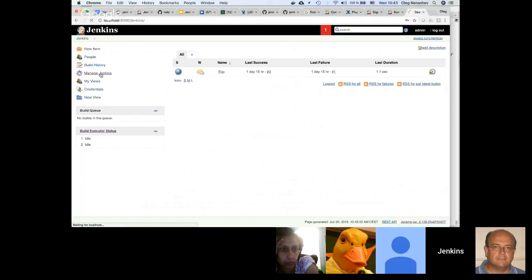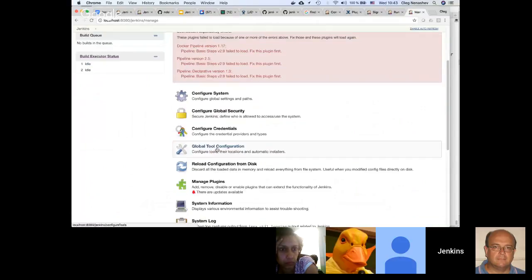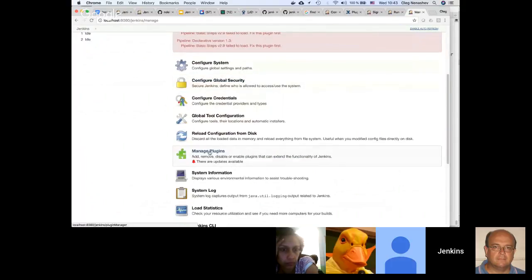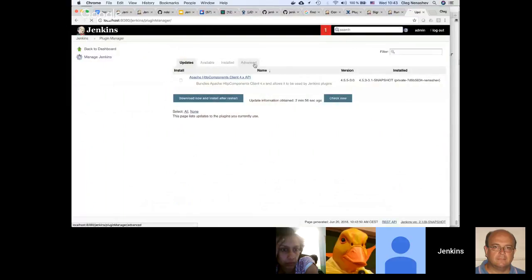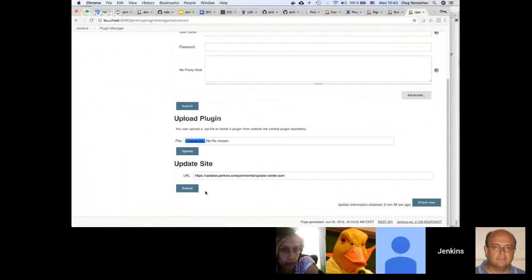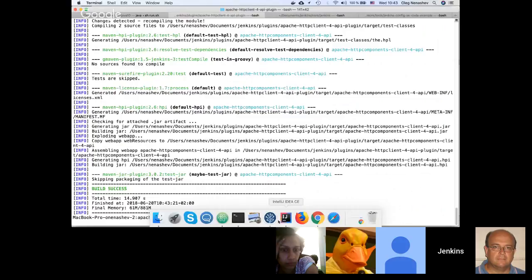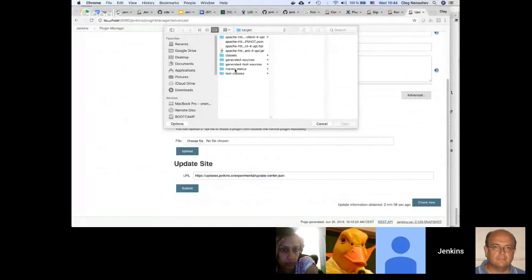What we do is go to Manage Jenkins. You may see that some other plugins also have warnings. So I take Manage Plugins, Available, choose file. Has the build finished? Yeah, the build has finished. So we just take it.